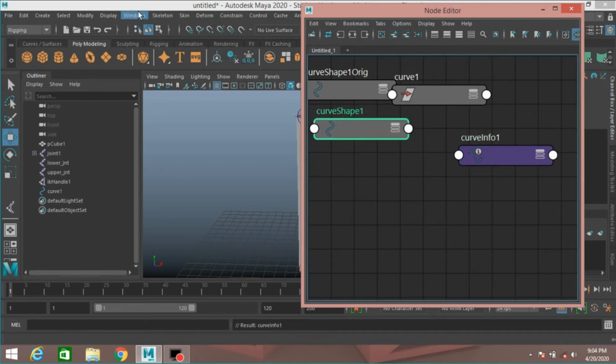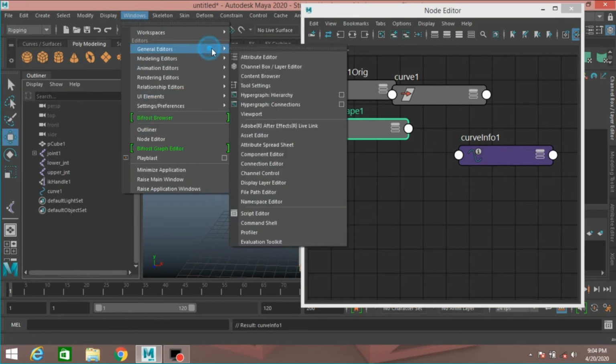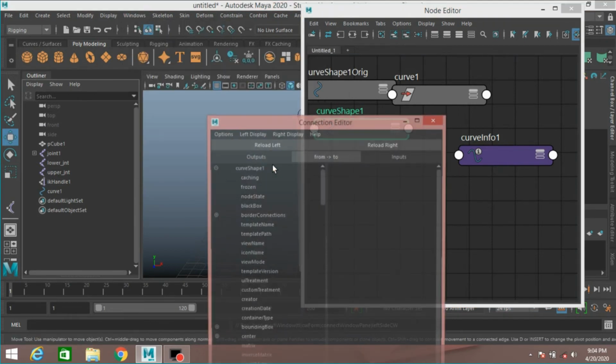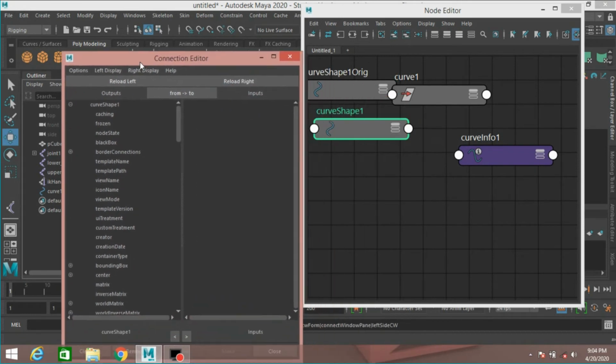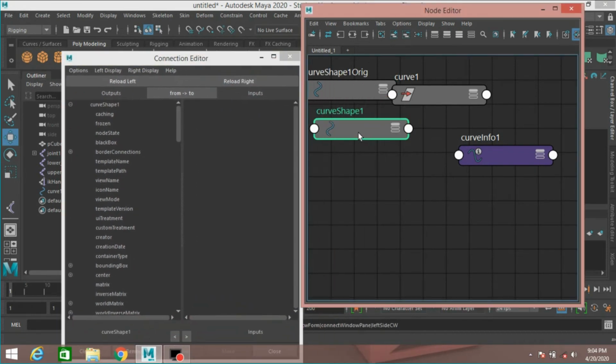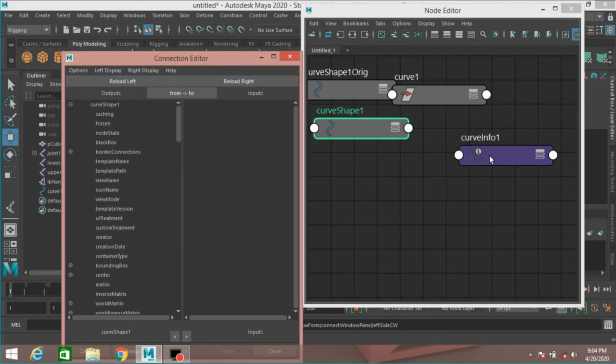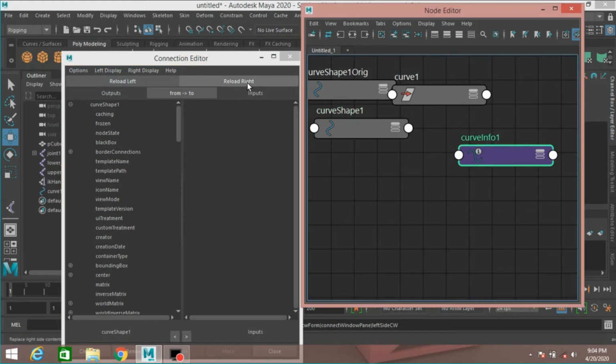Now go to Windows, General Editor, open Connection Editor, select the curve shape and reload left, select the curve info, reload right.